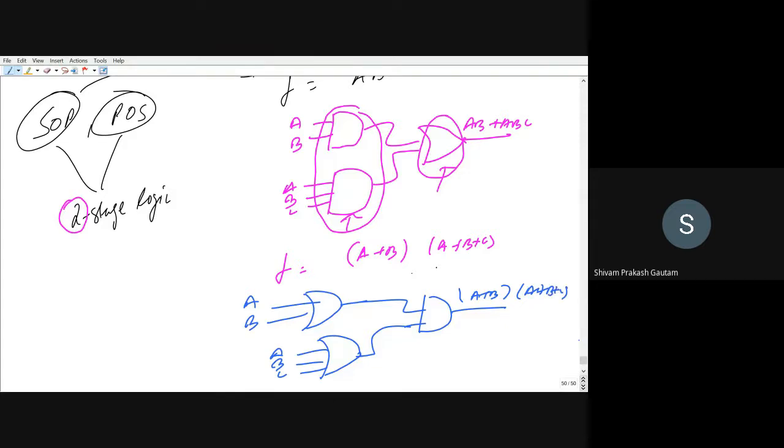Here also you can see this is a two-stage conversion. The first stage is this, the second stage is this, right? In both SOP and POS form, if you draw it by AND-OR-invert logic, or even using NAND or NOR gates, it will be a two-stage logic.